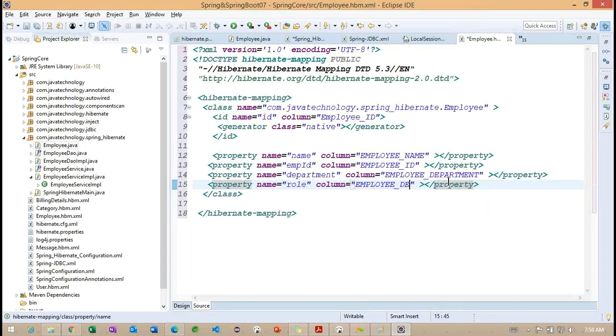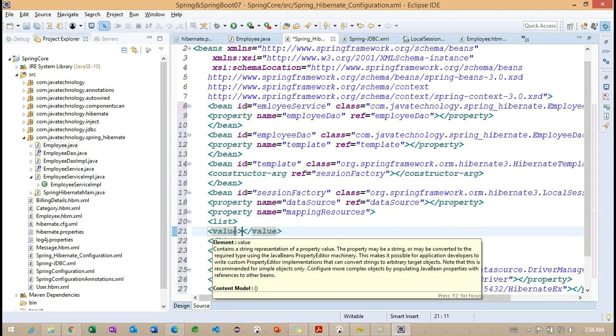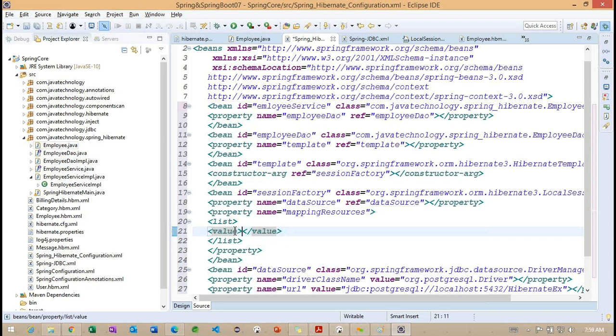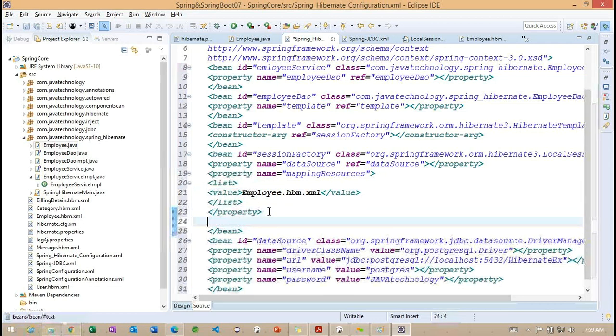Role. Getting the point. So this particular file, where we need to specify? Inside this spring underscore configuration file, we need to specify the file here. Employee.hbm.xml. So this particular property we completed.